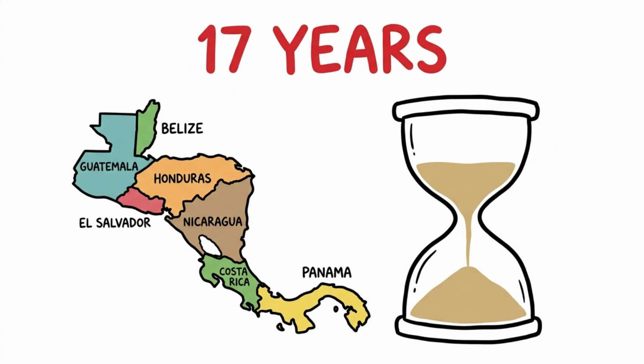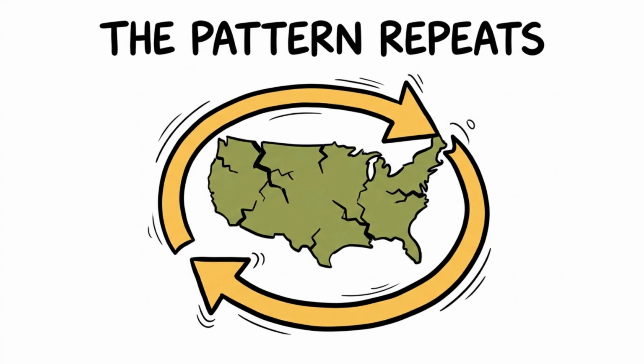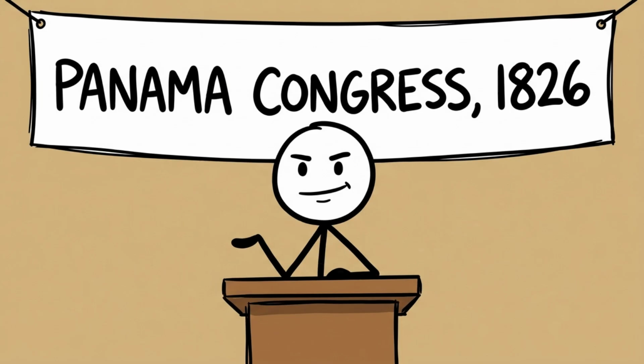Notice, too, how quickly the pattern repeated itself once a larger union tried to reform. Bolivar was not naive. He saw the fragmentation coming and tried to counter it with sheer political will. Calling for a Congress in Panama in 1826 meant to bind the newly independent nations into a lasting alliance. Delegates from several countries did attend. Almost nothing came of it.